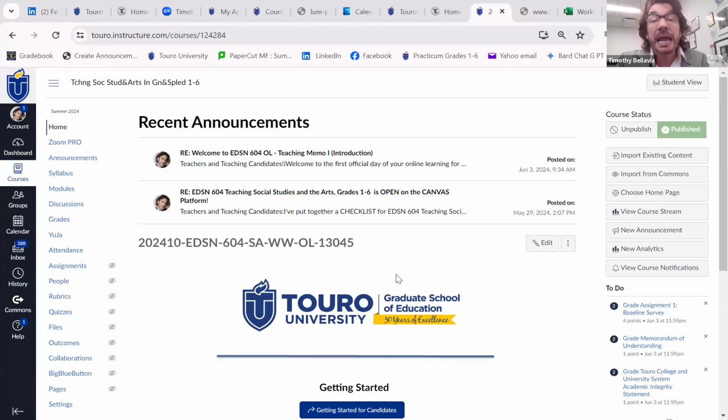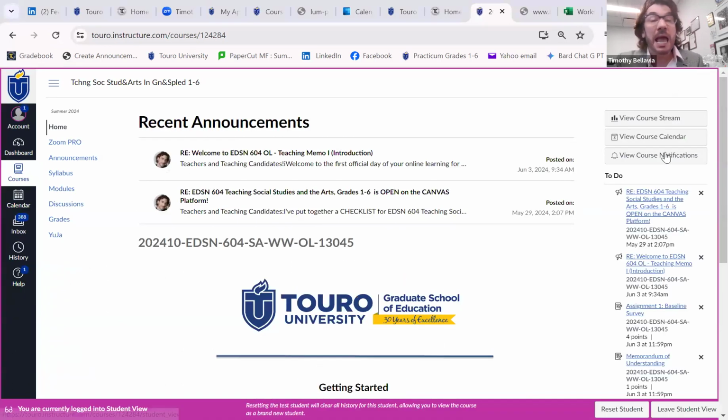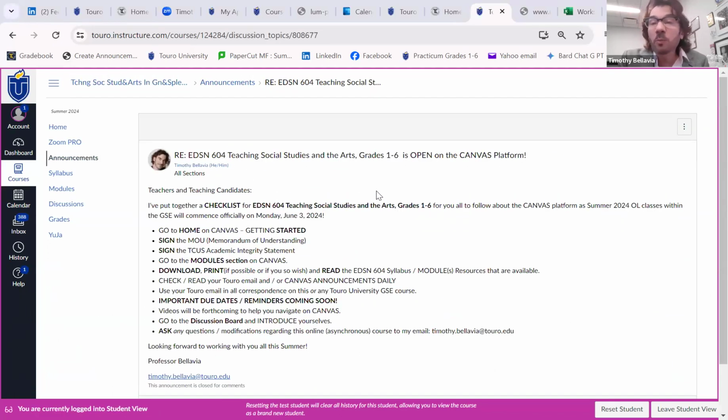That being said, in Canvas, there have been two announcements already. I'm going to switch this to the student view. And in the announcements, we had the checklist that I'm famous for in my own personal life and in my teaching life. It's important that you go to this checklist and see what is there and map this out in your digital calendars or your paper calendars, whatever it is, because your journey this summer is to complete this course in a timely fashion. Every point counts, and the information is going to be unpacked with teaching memos,